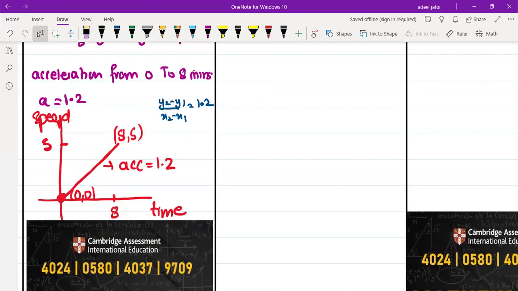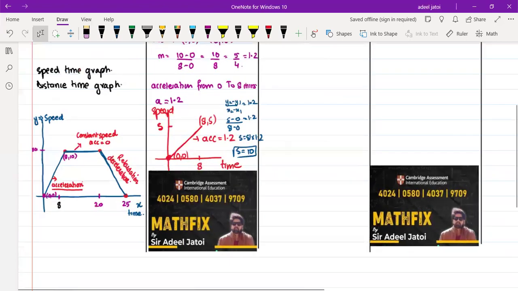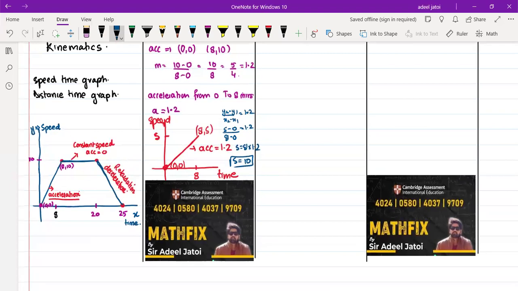1.2, which means s minus 0 upon 8 minus 0 is equal to 1.2. So s will be what? 8 multiplied by 1.2, and s will be 10. So in this way, the examiner will give you the direct method of finding the acceleration, or the examiner can test you through reversal working to find any given coordinate, and using that coordinate, you will be able to find the speed or the time that is required,